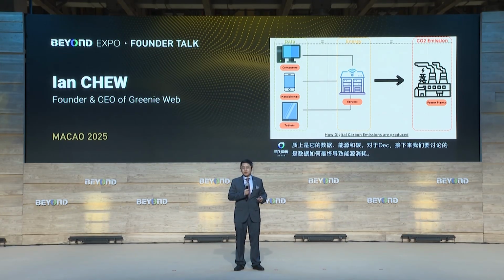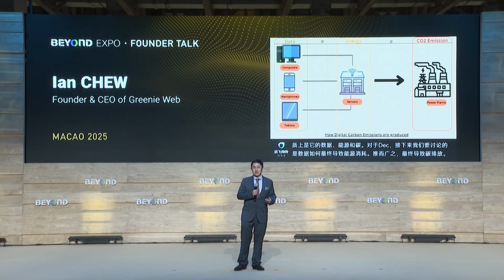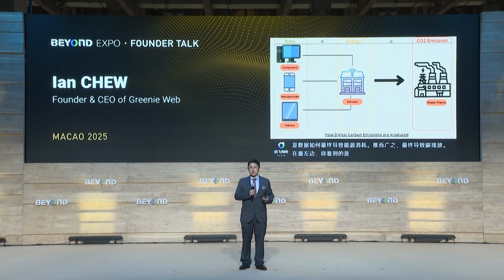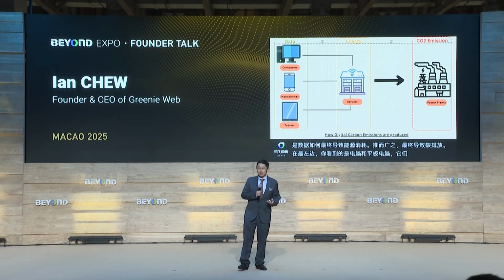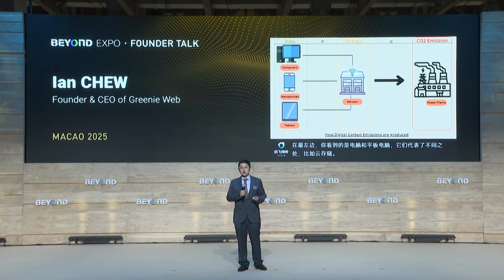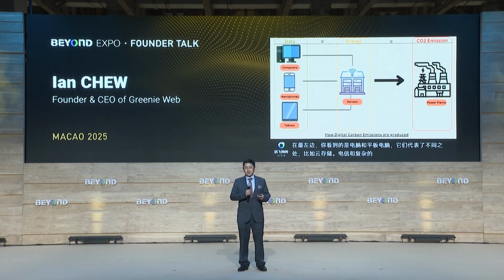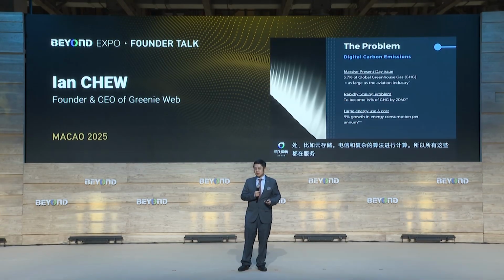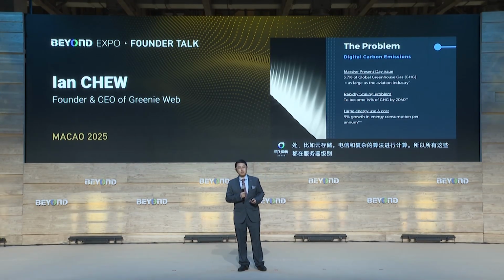So at the far left, you see the computer, the handphone, and tablets, and they're representative of things like cloud storage, telecommunication, and complex algorithmic calculations. All of this consumes huge amounts of energy at the server level, thereby leading to carbon footprint at the power plant. So why is this a huge problem?